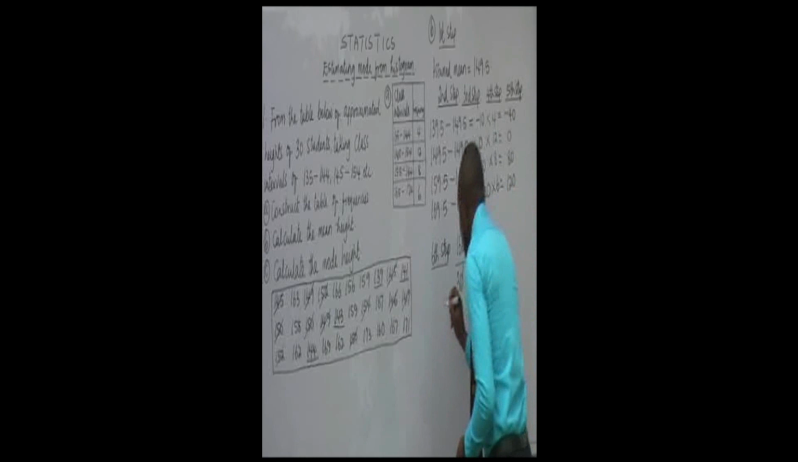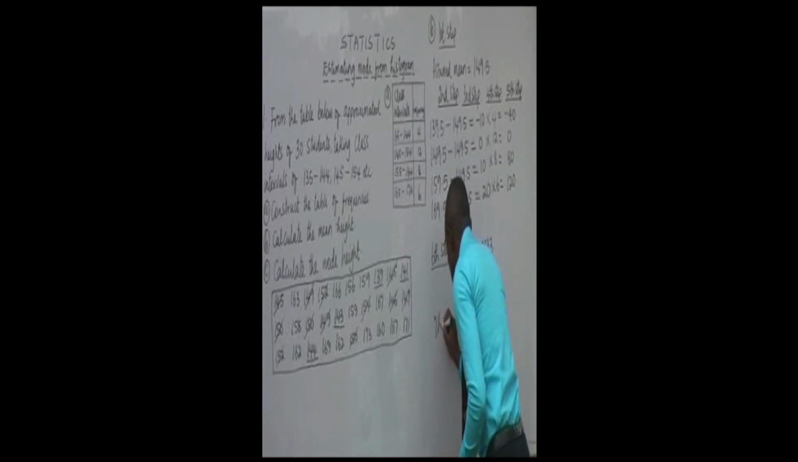Now the 7th step, which is the supposed last step in the process of finding the mean. The mean is really hiding somewhere. It took 7 steps to find it. The 7th step says you should add this value to the assumed mean. That means you have 149.5, which is the assumed mean, plus this value,